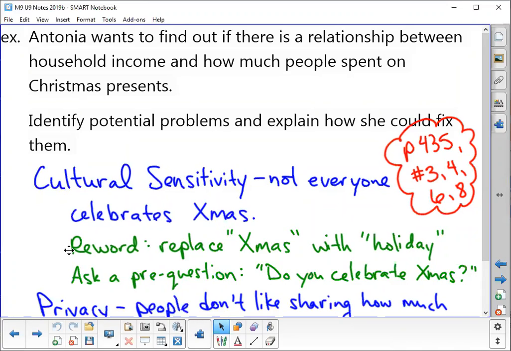For those of you who don't understand why I use an X instead of the word Christ in Christmas, this is actually an ancient Christian shortening, because the X is the first letter in the word Christ. So it's a really old one. If you look back, I think it emerged around 300 AD. So I know there's some sects of Christianity that are offended by it because they think that it's crossing out Christ. And then there's some people who are like, I just don't understand. It's just the first letter in Christ. And so that's why it just shortens the word.